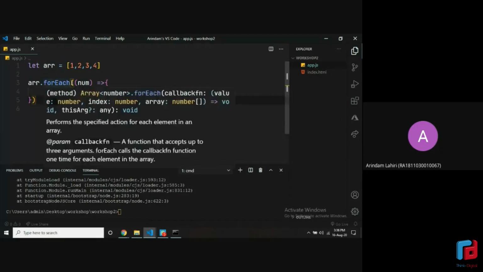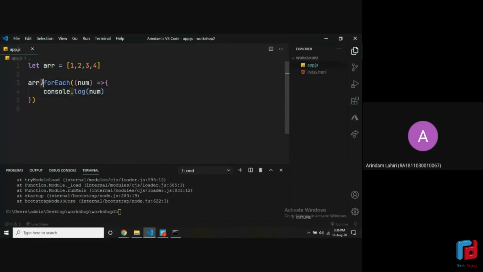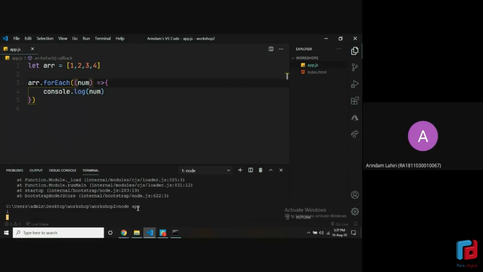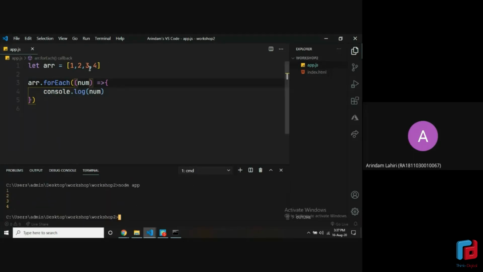This is a forEach function which we are calling on the array by using the dot operator. Then inside the brackets, we have a parameter. We are writing a function, basically. So this is a parameter of the function, which is num. You can name it whatever you want. This represents one element of the array. So it says for each, and that's what it does. It takes whatever function you write inside it and runs it for every element in the array. So if I run it right now, you'll see that I get all the elements of the array. That's what forEach does. It just iterates through the entire array.